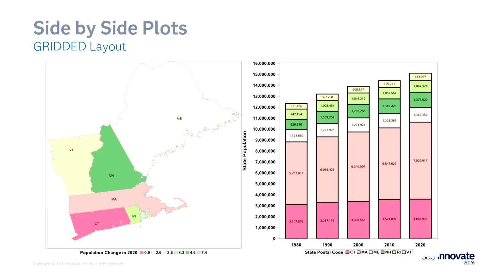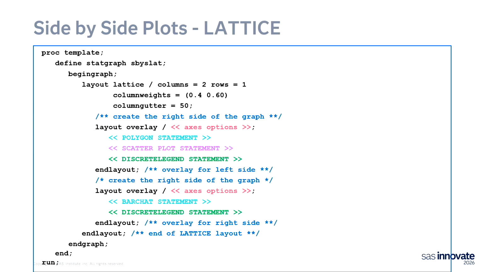Now this graph, in my opinion, looks a little wonky. The states look distorted. Some of the states are a little bit wider than they should be. And that's because with the grid, it's saying that the cells are exactly the same size. We may not want that. We want the stacked bar chart to have a little bit more space, and that way we can get the states to be a little more proportioned in the way they're supposed to look. The way we're going to do that is with lattice.